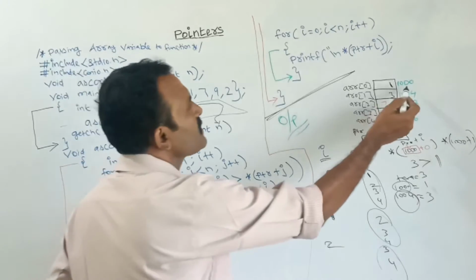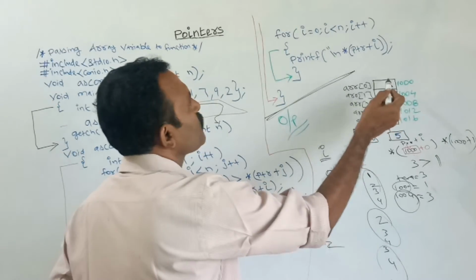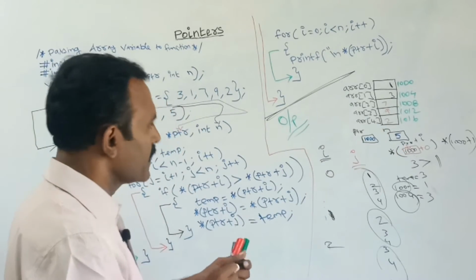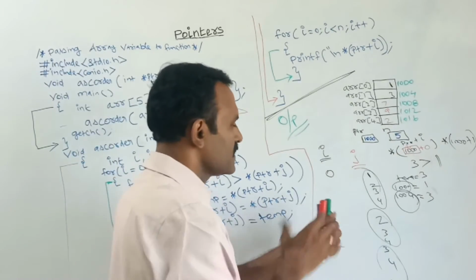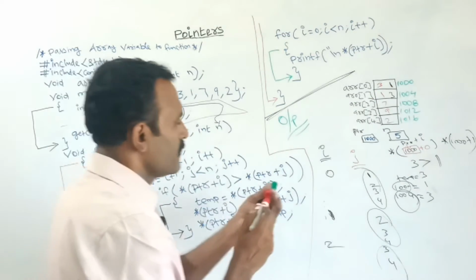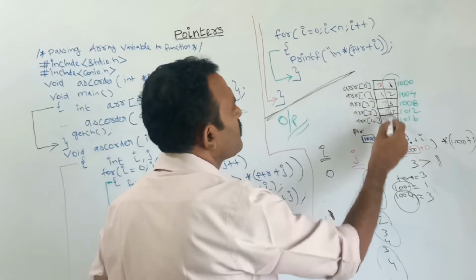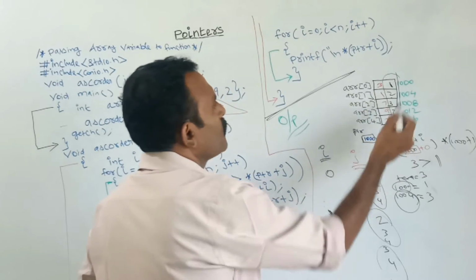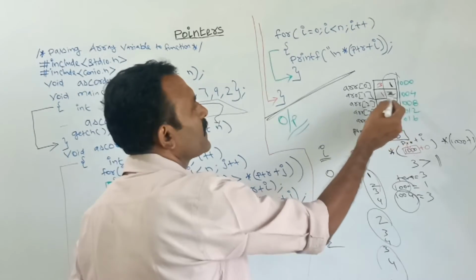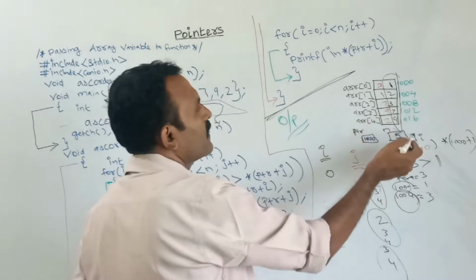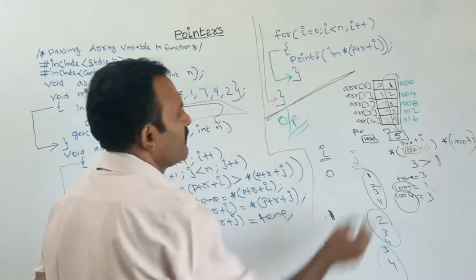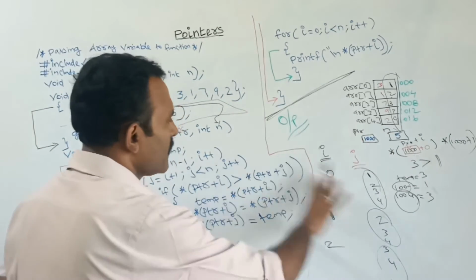Finally, if I print for I equal to 0, what is the 0th value? Here the value is 1. Up to the 5th value, after swapping, it will become like this. Here are the original values, here 3, here 1. After swapping, finally at the 1000 location the value 1 will be stored, at this location 2 will be stored, and in a similar way at last the value 9 is stored. This is the ascending order after swapping.